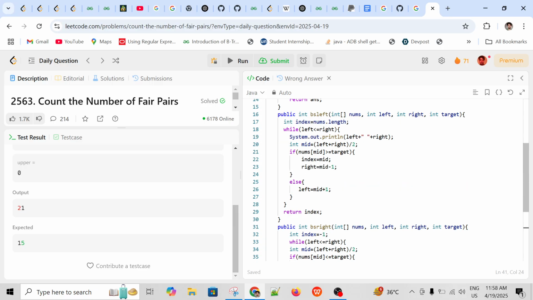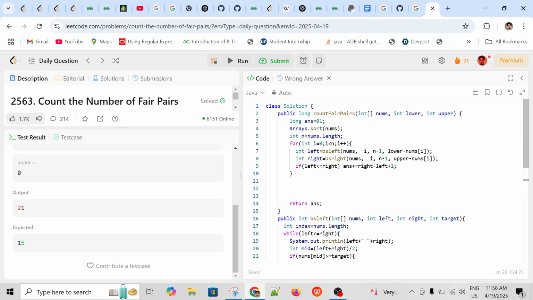Okay, and then here again I am trying to find out if the number is greater than or equal to target, because I am trying to find out the left index. So if it is greater, we will consider it and we will reduce the right to mid minus 1. Otherwise,